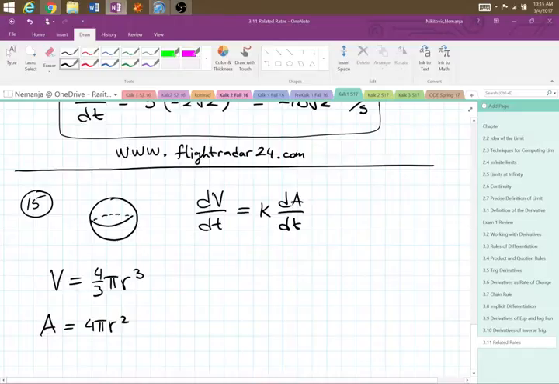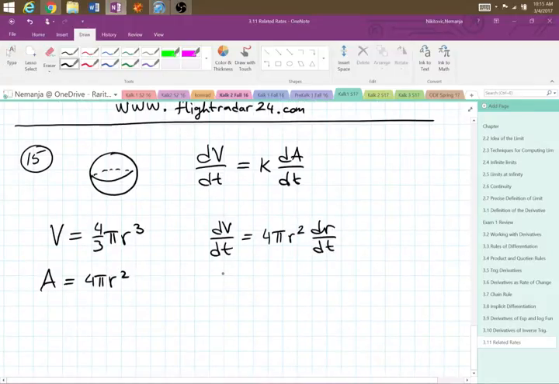All you need to do, hopefully it's clear, is to take those two derivatives and plug them in up there. So what's dV/dt? It is 4 pi r squared dr/dt. And dA/dt is